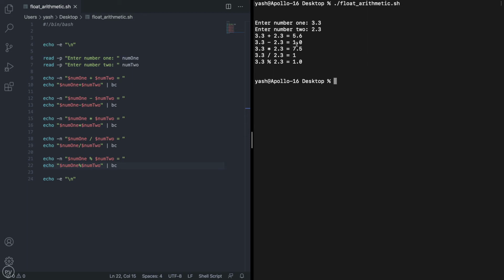Plus is 5.6, that's correct. 1.0, okay, must be. And this division, I feel like there is something wrong. It's not precise, right? We are not getting decimal points here with the division. So in order to be more precise, and you can do this part with any other operations,